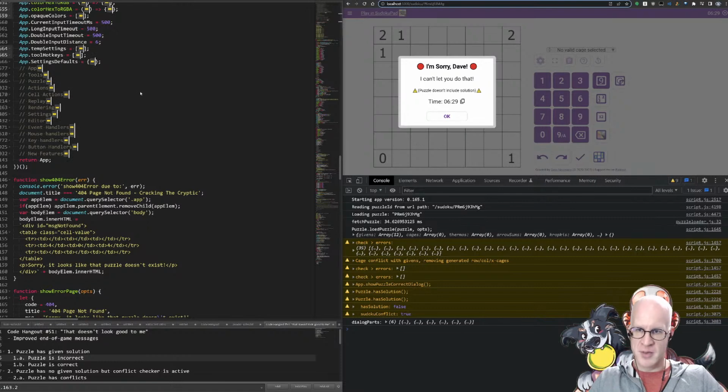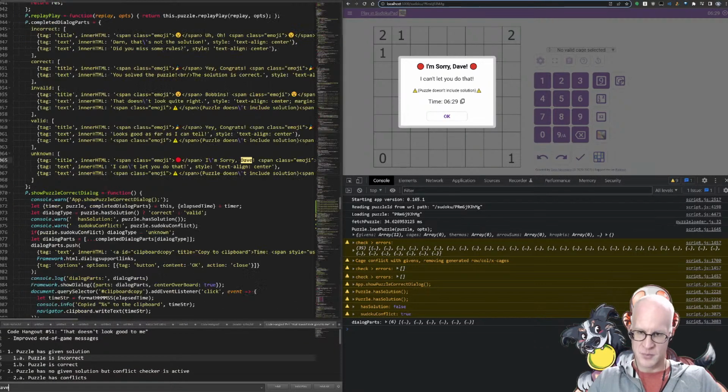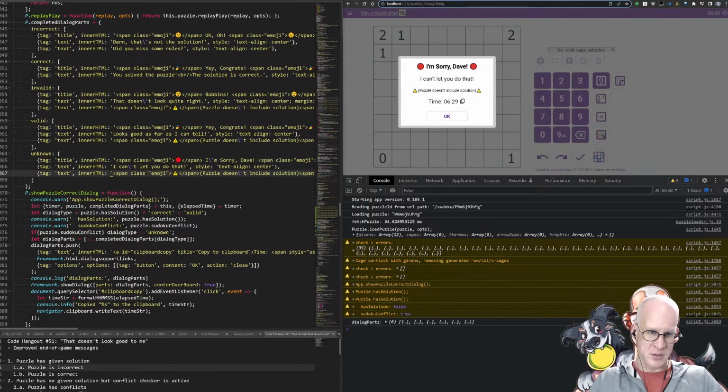So the only thing I could imagine to do as well is to kind of put a little note: puzzle doesn't include solution. And it's kind of odd.